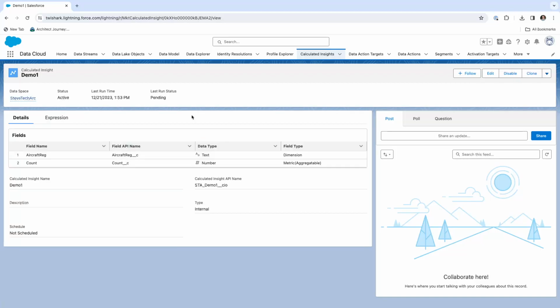Now we see that the status is pending, and it's just kicked it off for a run. And now it's triggered as processing. This shows us that it's processing. And now it's success. So what we're going to do is take a look at this Calculated